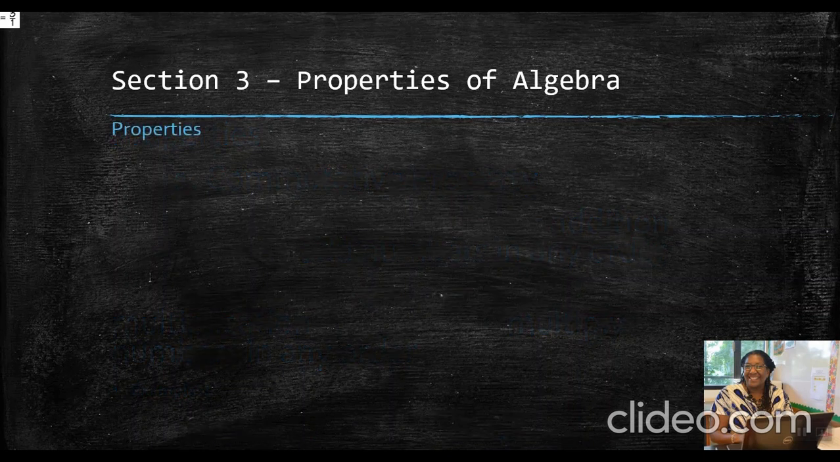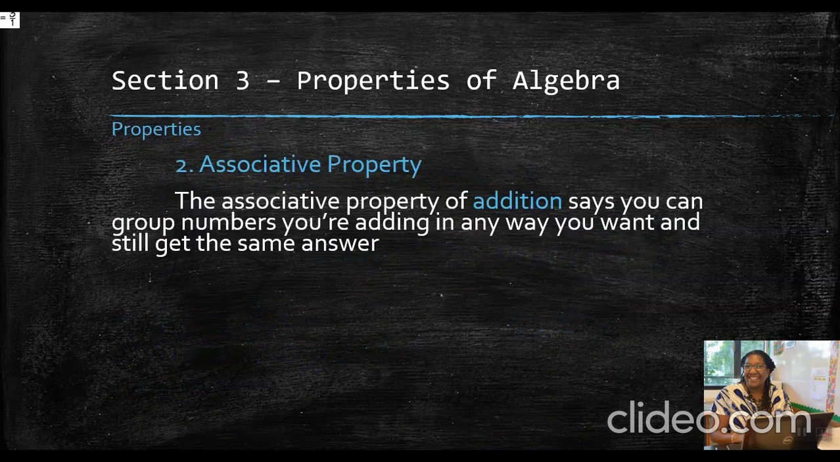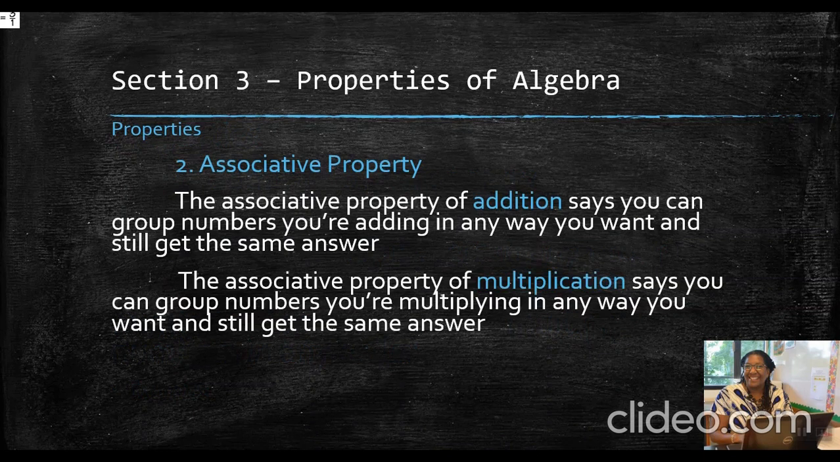The next property is the associative property. The associative property of addition says that you can group the numbers you're adding in any way you want and still get the same answer. You can change the grouping, but your result will be the same. The same thing for the associative property of multiplication. It says that you can group numbers when you're multiplying them in any way you want and you'll still get